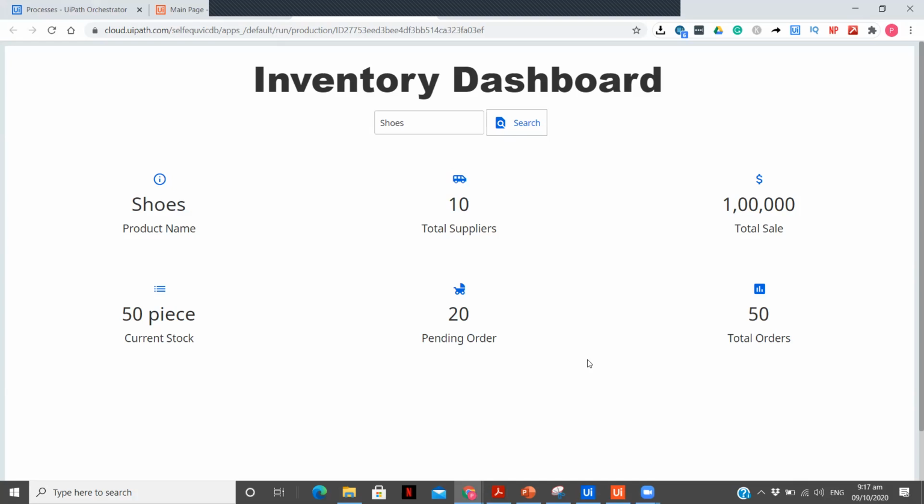After that, one more thing I want you all to do is, if a person has entered the wrong product, that means he is also looking for that product, or maybe that's an idea some people have. So I want you all to also save the product name that he has entered wrong in this dashboard. This is how you can create a complete live dashboard, and I want you all to do this challenge, build a complete new inventory dashboard and post it on LinkedIn.